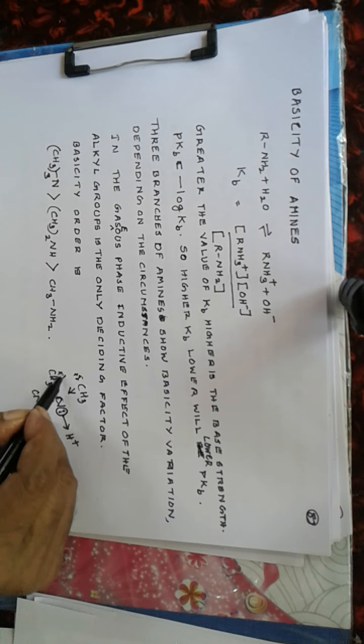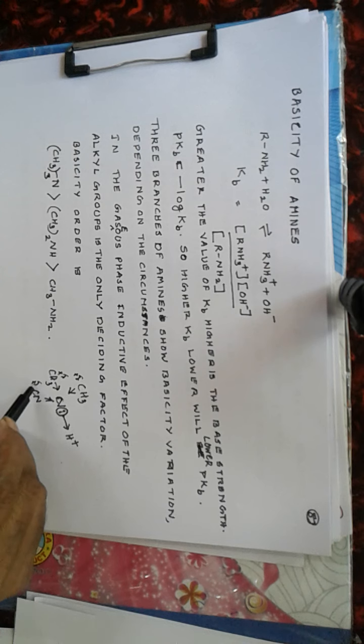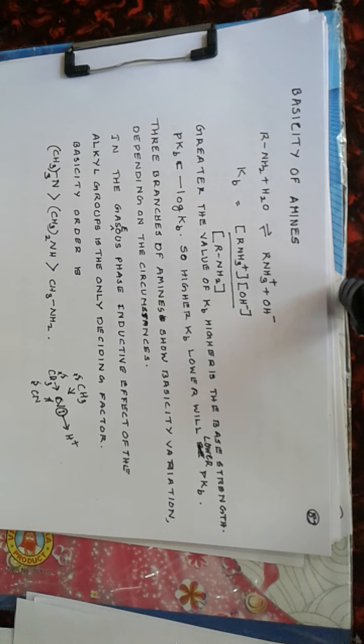So higher the +I effect, higher is the ability of nitrogen to donate its electron pair to H+, because the electron density around nitrogen is increased by the inductive effect of alkyl groups. So a tertiary amine contains 3 alkyl groups, so the magnitude of the inductive effect is larger, and higher is the electron density around nitrogen and higher is the tendency for the nitrogen to donate its electron pair to an H